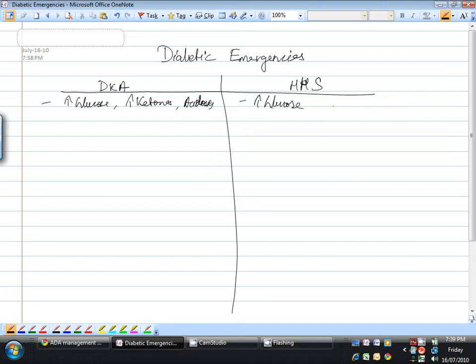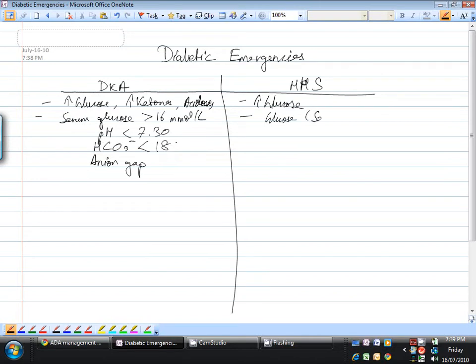Now, if you look at the serum measurements, you'll often see that serum glucose is actually increased in both, less so in DKA, 16 millimoles usually, and that's more of a minimum cutoff. You have that bit of acidosis going on. And of course, you have your bicarb going down as well because of the acidosis, and usually an important, significant anion gap. Now, if you look at HHS, the serum glucose,